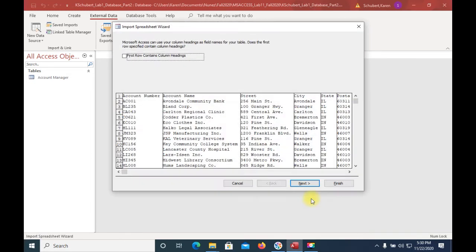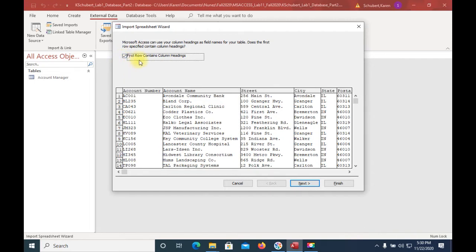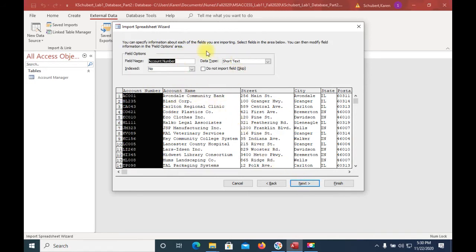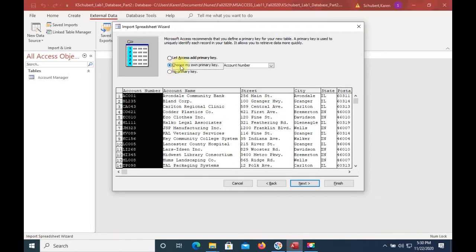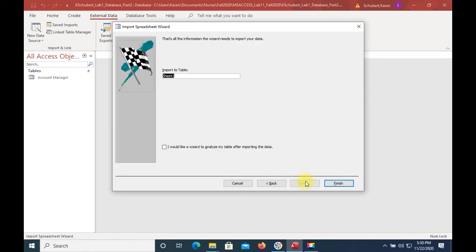We'll click on OK. On the next screen, we're going to check this button here that admits that the first row are the column headings and it's not data, and we click Next. Here we could change the data, but there's no reason for us to do this, so we click Next. And very important, on the very next screen, we will not allow Access to add a primary key. Rather, we will check the second radio button, choose my own primary key, and make the account number the primary key and say Next. Then we will name the table Account,